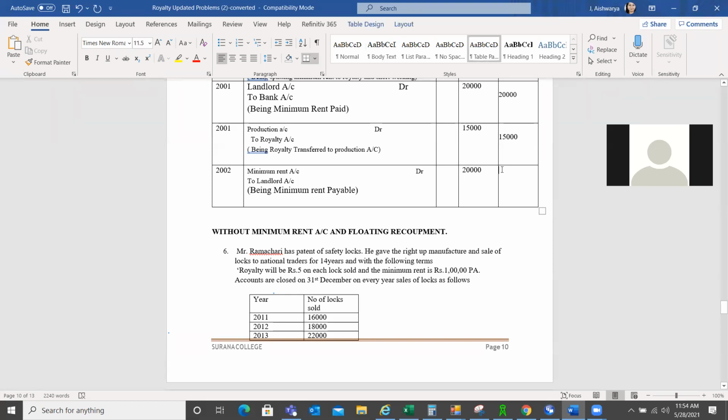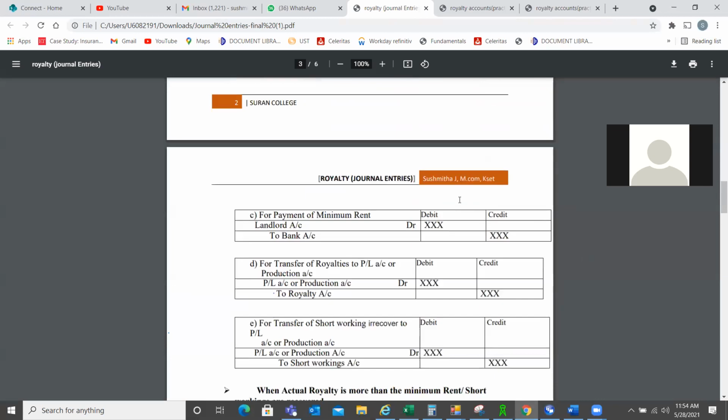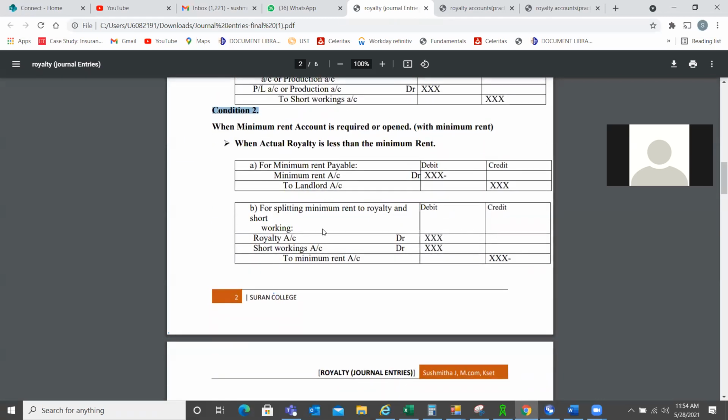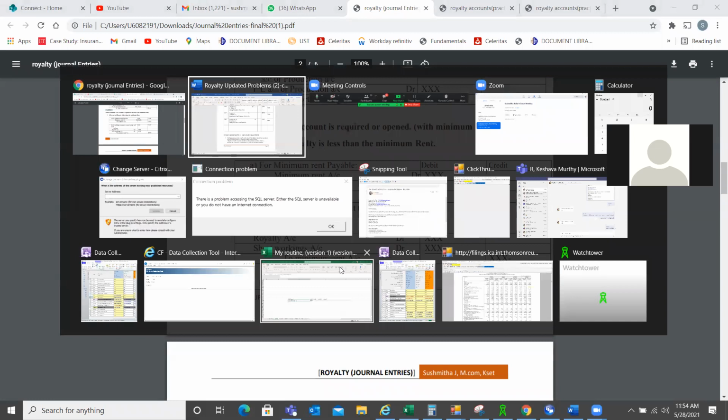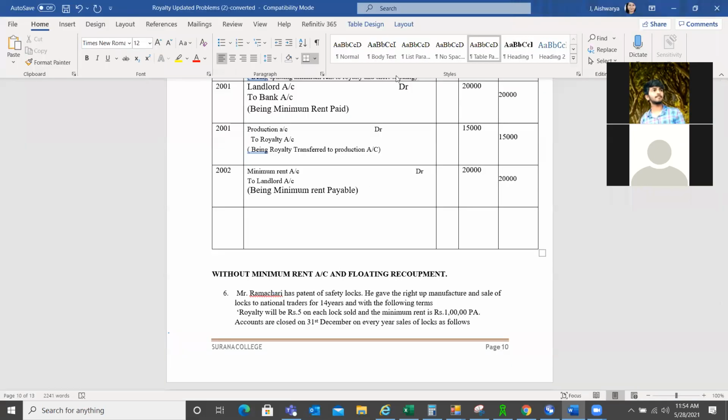Yes, ma'am. Okay, done. Okay, 20,000 we have recorded. That is minimum rent over. After this minimum rent, what is the next thing that we have to take? The next thing is we have to split the minimum rent into short workings and royalty. As we don't have a short working, you just write it as splitting this minimum rent to royalty. So you're not splitting, you're just showing as